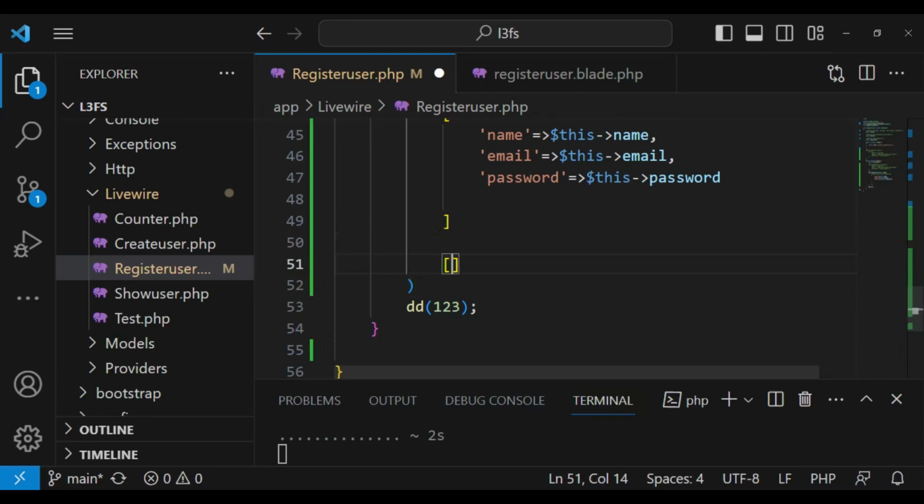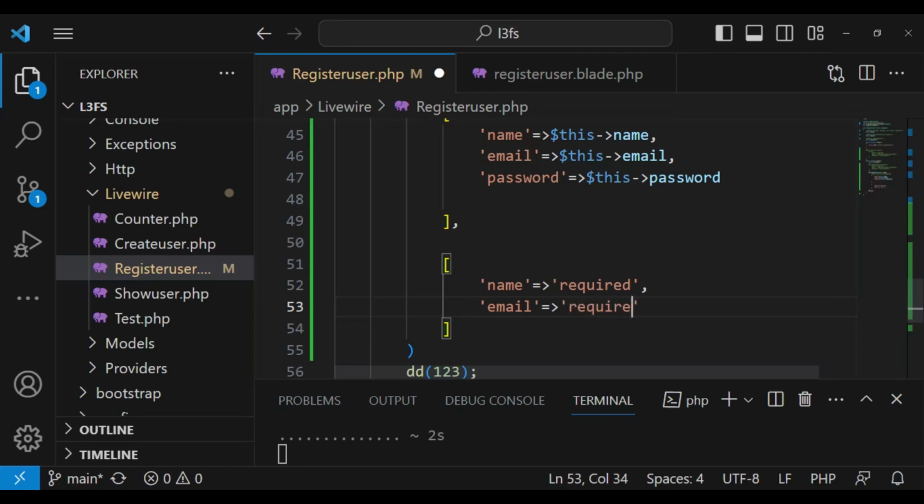So then here we can still have an array of values, and you have a comma in between here after the first square brackets, and inside here now we can put the validation. So we can say validation for name property, or the name attribute, we can say it's required, and then the email, we can say that it is required, and then it has to be unique